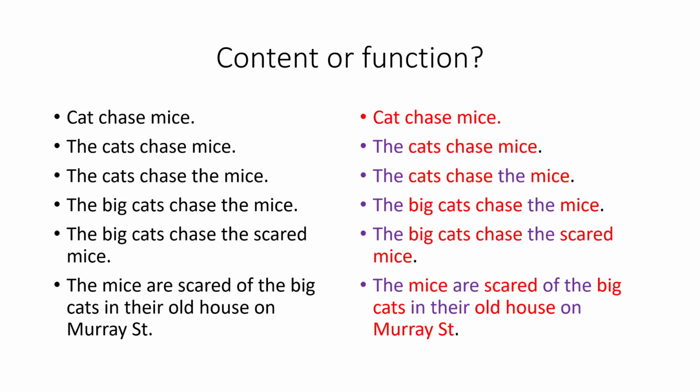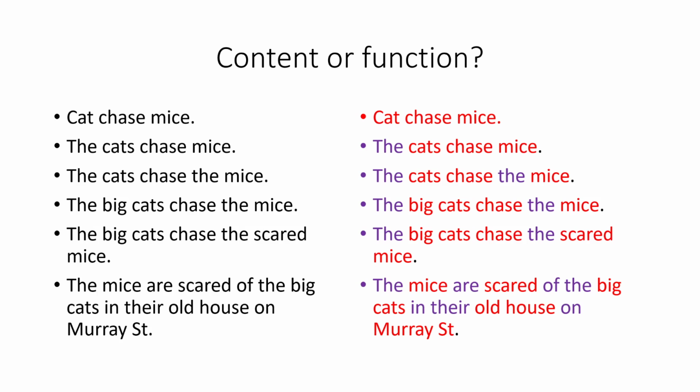This is one of the reasons why English can be so hard to hear, because we've got a bunch of words together and it sounds like one sound, right? The mice are scared of the big cats. If you're not listening for that, it'll be really hard to hear it. If you are listening for it, if you become comfortable with the idea that of and the are faster and shorter, it's going to be a lot easier to hear it, right? Because it's always going to sound like that. Of the will always sound the way it sounds, of the. But if you don't listen for that sound and you don't know what it is, then it's going to be really hard to hear. The mice are scared of the big cats in their old house on Murray Street,